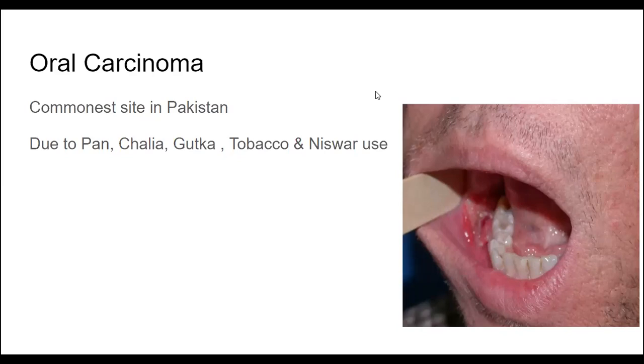like tumor size, size of the ulcer, T1, T2, T3, T4, along with either 2 centimeter, more than 2 centimeter, 4 centimeter, or more than 4 centimeter, and similarly involvement of lymph nodes, N0, N1, N2A, N2B, N3, and then classify. Similarly, we have a classification, the American classification as well, AJCC. These all are there to stage the tumor. So all this tumor has to be diagnosed